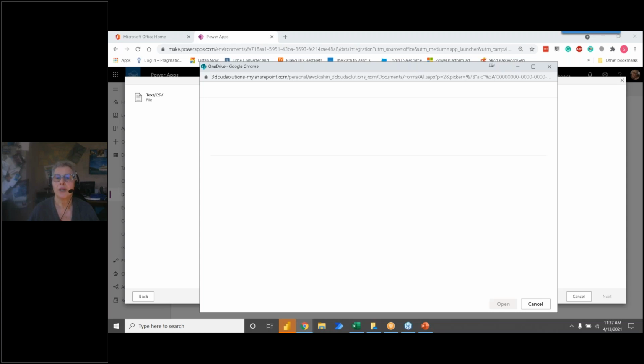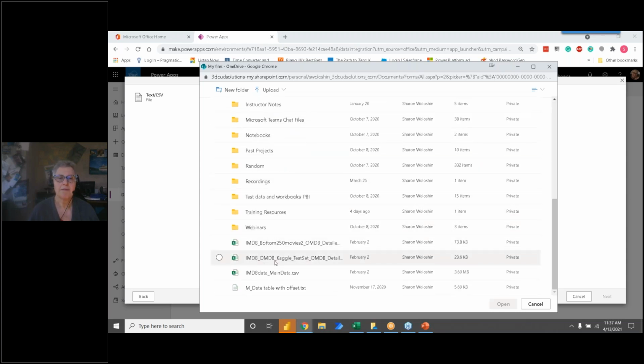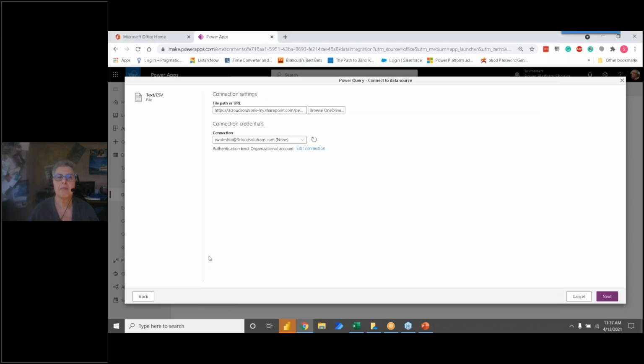Let me go to my file, which is right here, and I'm just going to open that. And then I'm going to click next. So if I hadn't already logged into my Office account, I would have been prompted for credentials there. In case that happens to you, that wouldn't be unexpected.